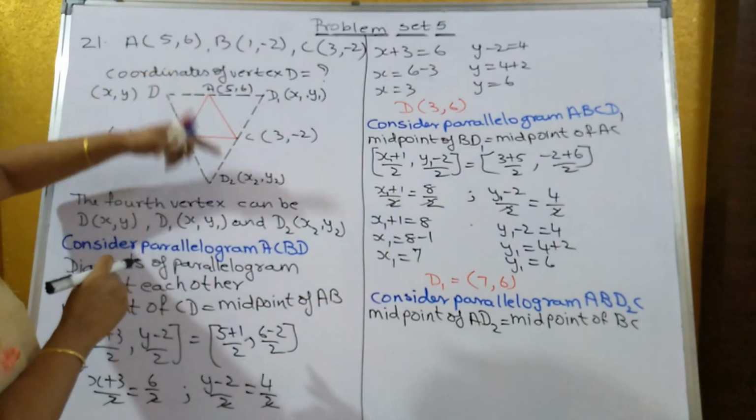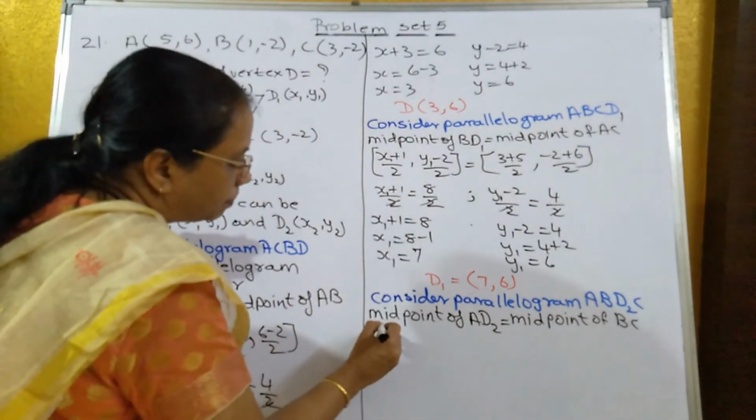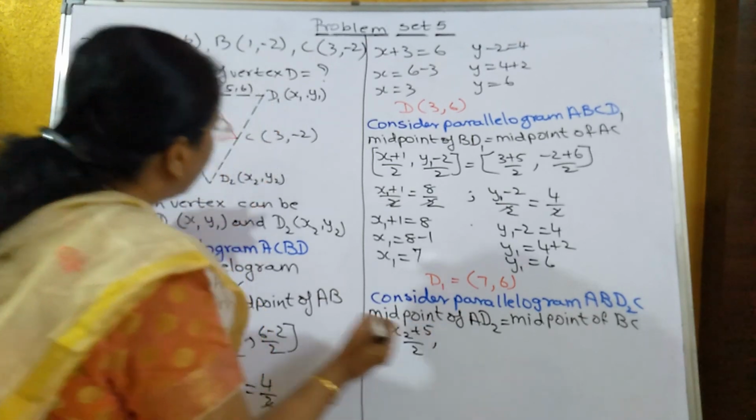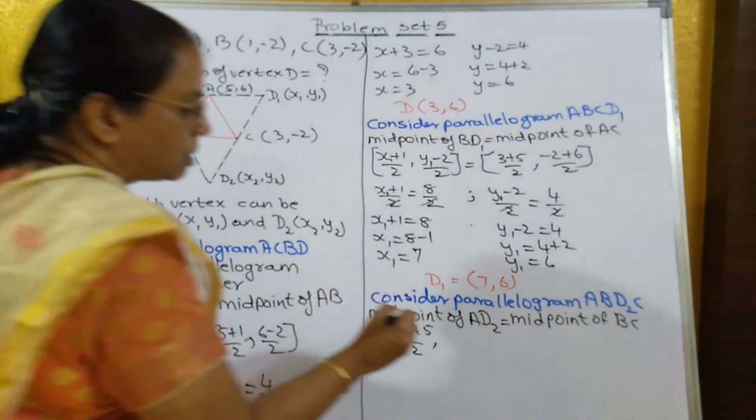Now AD2 is what? x2 plus 5 upon 2 and y2 plus 6